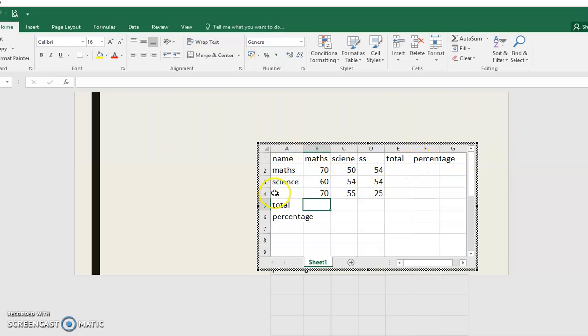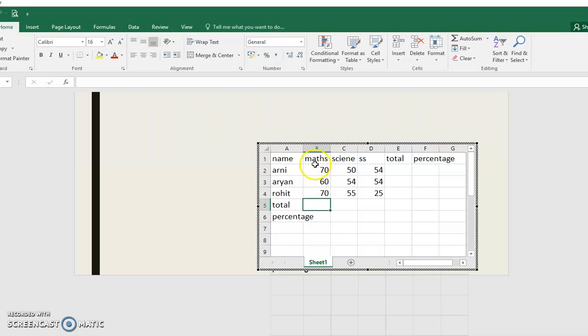Maths marks, science marks, SS and total. So here we can write the names of students. For example, Ernie, Aryan, Rohit. In this way. So these are the students and these are the marks of these particular students.